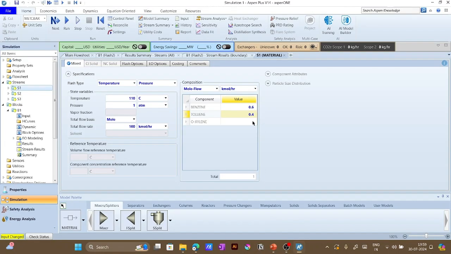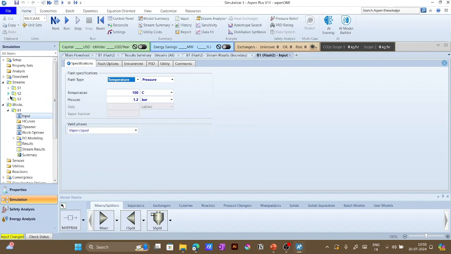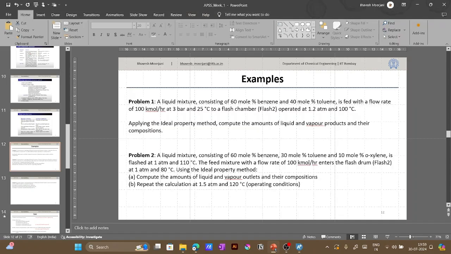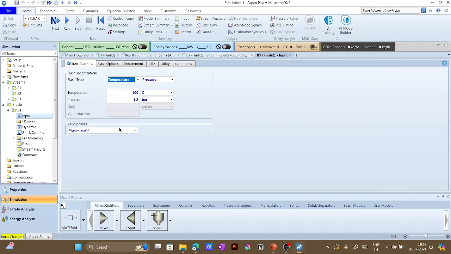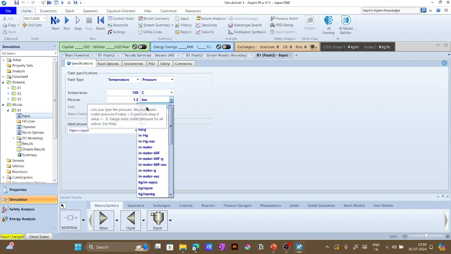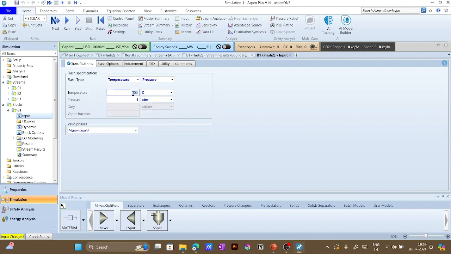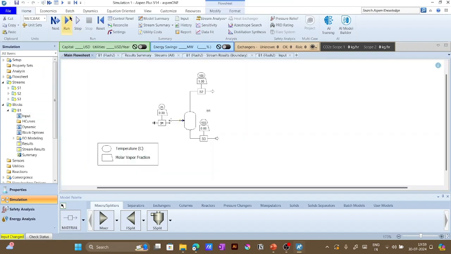So let me add it, 0.6, 0.3 and 0.1. Then the flash drum is operating at 1 atmosphere and 80 degrees centigrade. So I have changed the input, and if I run it,